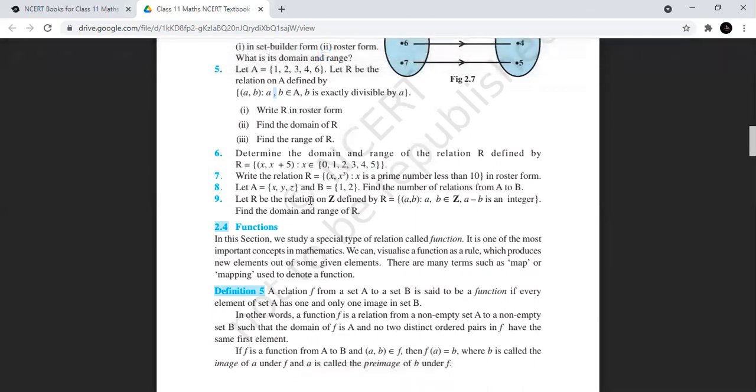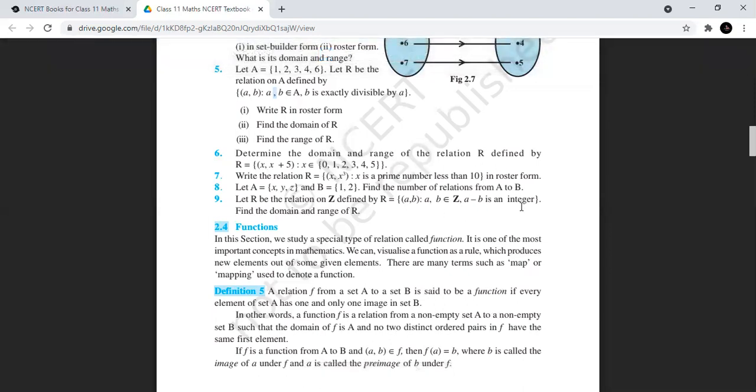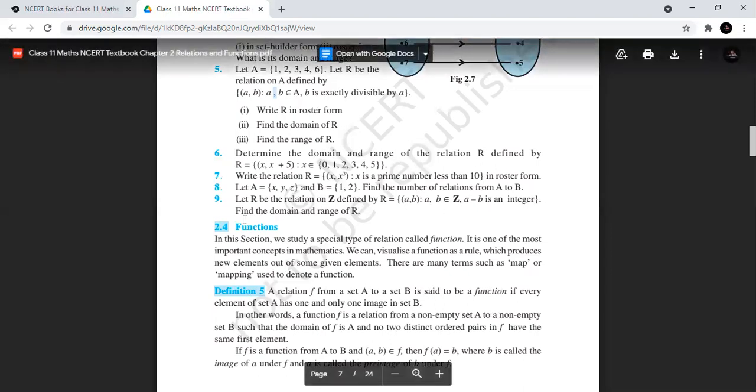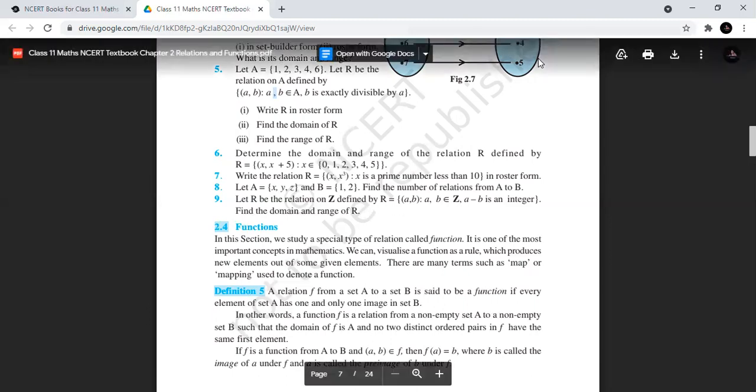Now, ninth one: R is a relation on Z, meaning integers, defined by R equals (A, B), where A and B are integers and A minus B is an integer. Then you have to find the domain and range. Nothing difficult here, so should I leave this question for you all? Just give this a try. We have taken a somewhat similar kind of question; only this time it is integers. Earlier we were talking about absolute values, but here we have to take both plus and minus values, so both pairs will come. Let me see what you do for the ninth question. If there is still a problem, then we'll discuss that again.